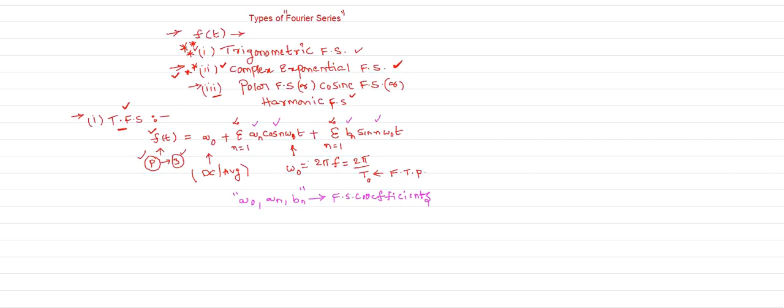That's why I call it a linear combination of sine and cosine functions. So when you define the trigonometric Fourier series, we can represent f of t in terms of the linear combination of sine and cosine functions. Why? Because the sine and cosine functions in the representation are associated with some weights, which are your An and Bn. That's why I call it a linear combination of your sine and cosine functions, and sine and cosine functions are orthogonal to each other. So A0, An and Bn are called Fourier series coefficients.